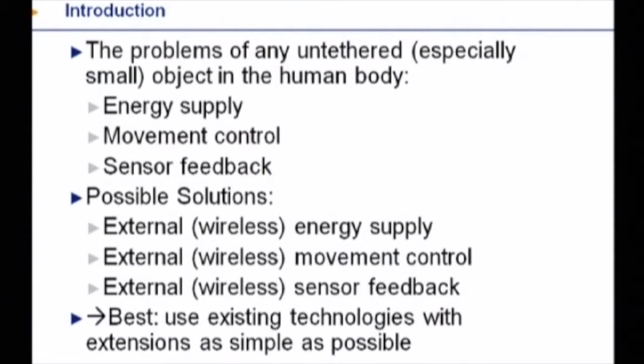If we put an implant just anywhere in the body and it's fixed, we don't care about that. But if we want to move them around, to have them dynamically assigned to some region in the body to do some functions, to kill cancer cells, kill tumors, whatever, then we have to control the movement. And in order to control the movement, we also have to have sensory feedback. That means these small nanobots have to somehow feel or see to be able to react. And of course, somewhere there should be some kind of intelligence